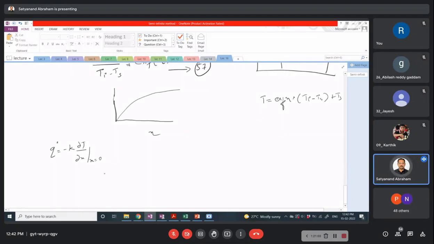For a particular time, the surface heat flux is given as k into (Ts minus Ti) divided by root of pi alpha t. So that is the heat flux. We can say that at very low times, the heat fluxes are higher because